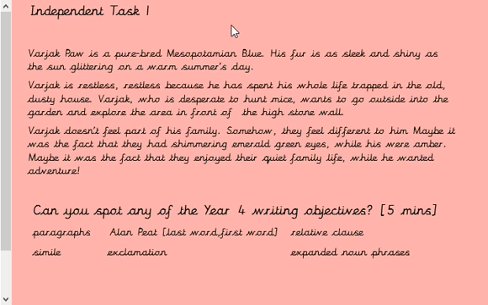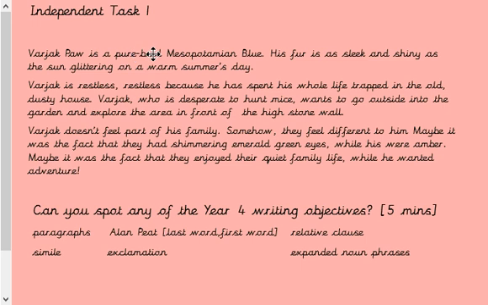Okay, welcome back. So, straight away, if I'm looking at the objectives down below the bottom here, first of all, I can see that this is written in paragraphs. It's a year 4 writing objective to write paragraphs, okay? And each of them is talking about something slightly different each time, okay? So we've got 3 paragraphs up there.